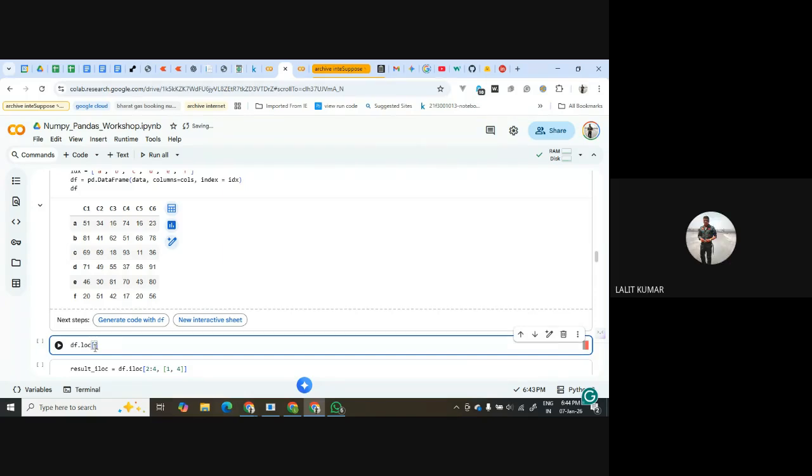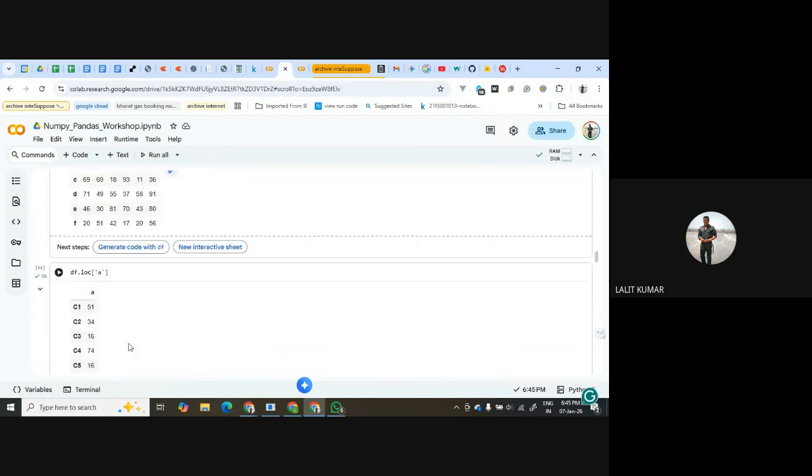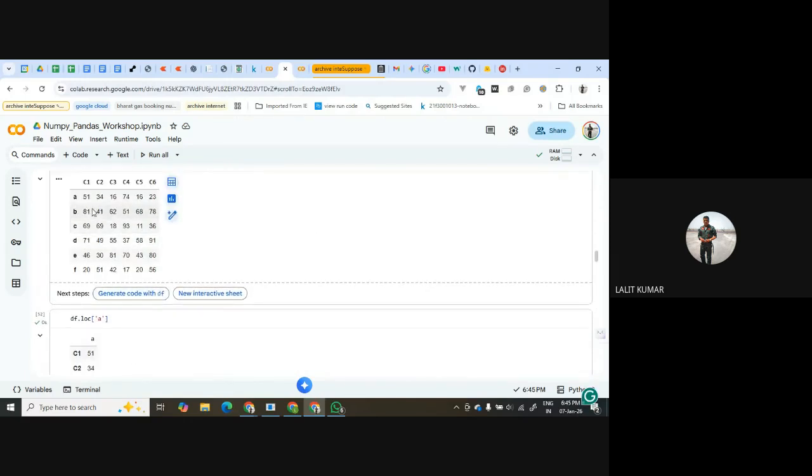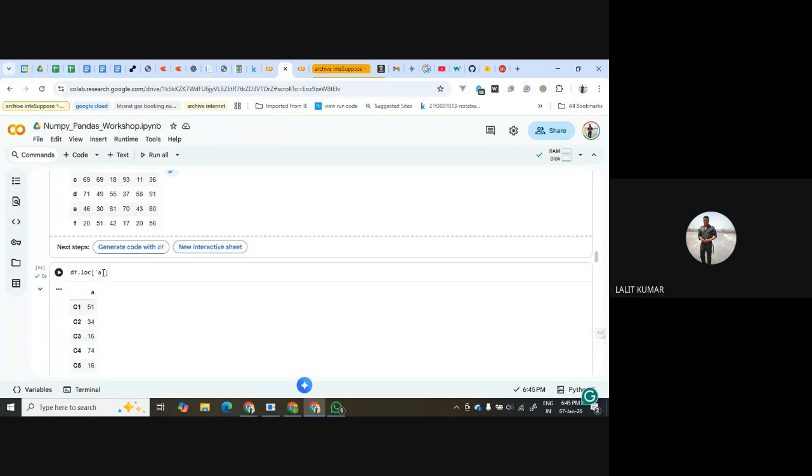Okay. So for example, I want to see loc. If I use loc, then I have to use the index. So for example, if I use df.loc A, it will give me the A row, and it has given C1, C2, C3, everything.